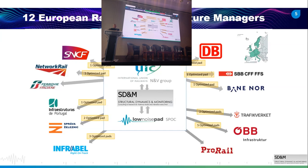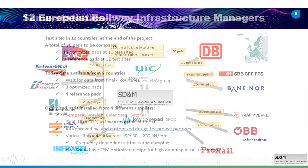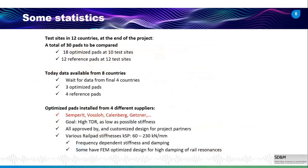The optimized pads, it should be clear, it's not one optimized pad, but the optimized pads tested in the different countries are designed according to the specifications of the typical countries. So there is not only one optimized pad, but they have other stiffnesses, thicknesses, dimensions according to the specifications of the different countries. So here you have an overview of the pads. So today we have data from 8 countries already